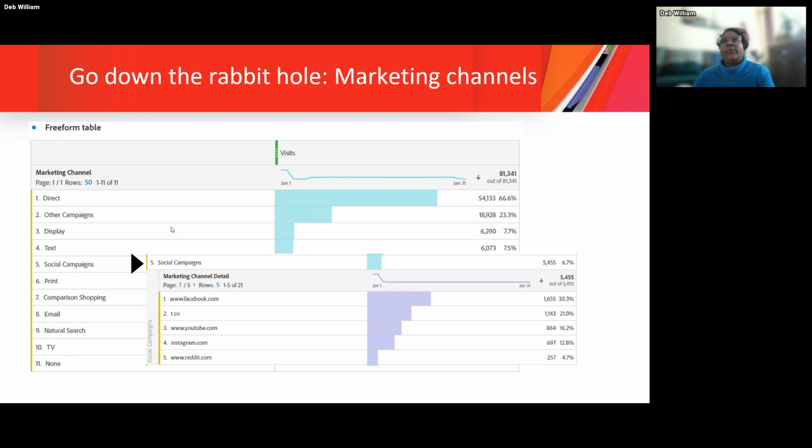So essentially we look at both our paid traffic and our organic traffic separately. We look at the marketing channel detail report and the campaign tracking code report, and we break down each of those campaign tracking codes further. If you've added a lot of metadata in your campaign tracking code, which is a best practice, you will notice that you can get additional information on